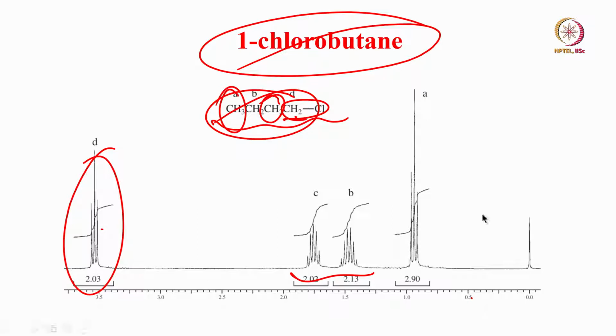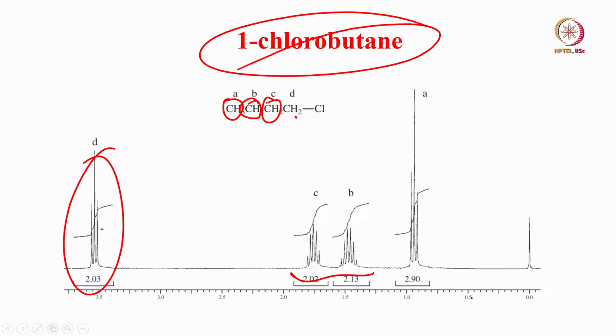Now the remaining 2 groups, how do you understand that? Very easily you can understand. Remember one important thing, you should go by the multiplicity pattern here. Now consider proton B. The proton B complexity is much more than proton C. The reason is this proton B is coupled to CH3 and CH2 both. Because of CH3 it is going to be a quartet, and then each line of the quartet is going to be a triplet because of CH2. This is a more complex pattern.